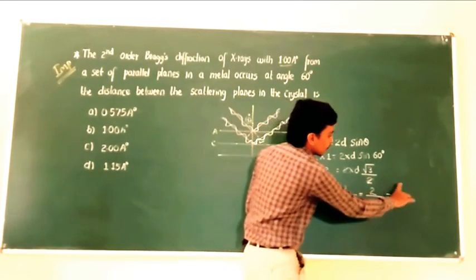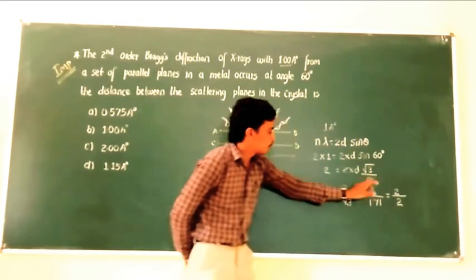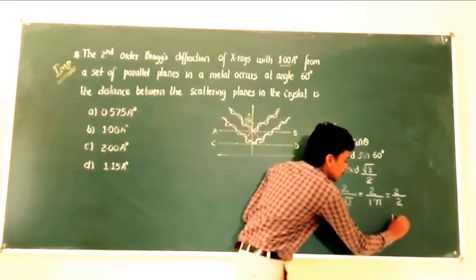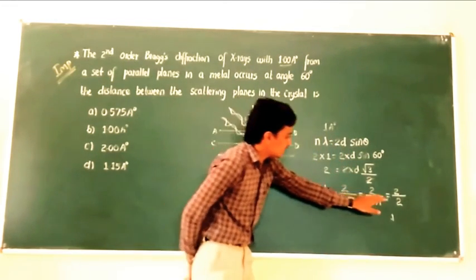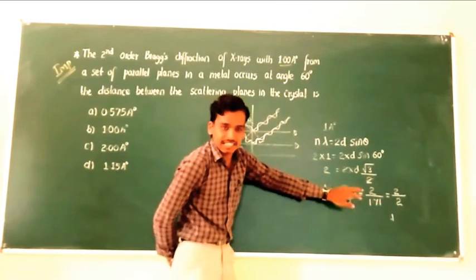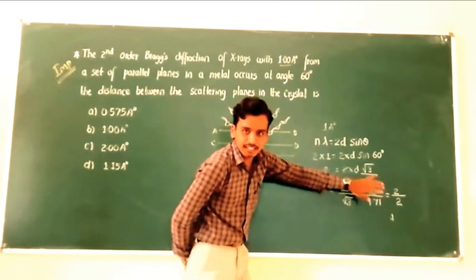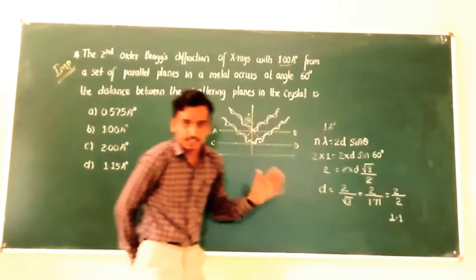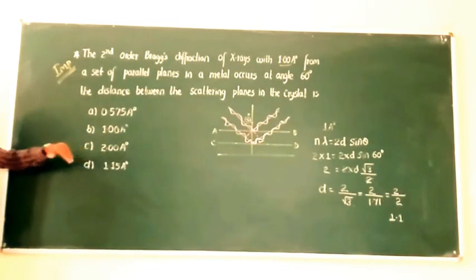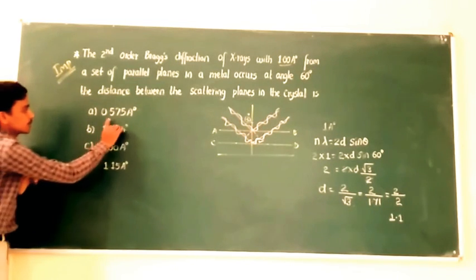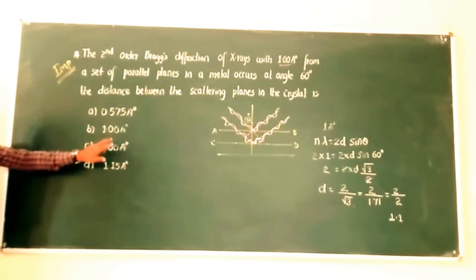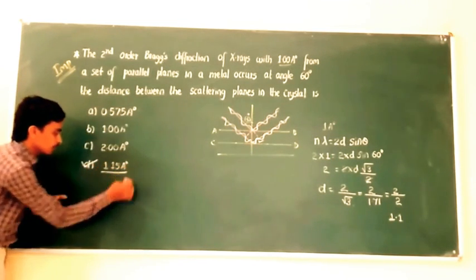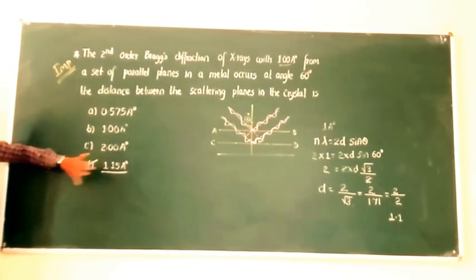From the basics of mathematics, if numerator and denominator both have the same values, the value is near to 1 here. But in this case, the denominator is slightly lesser than the numerator, therefore the value should be slightly greater than 1 here. Therefore, the only one possible option given to you is not 0.575, it is not the option. Therefore, the value is slightly greater than 1, that is present in option D. Therefore, option D, that is 1.5.